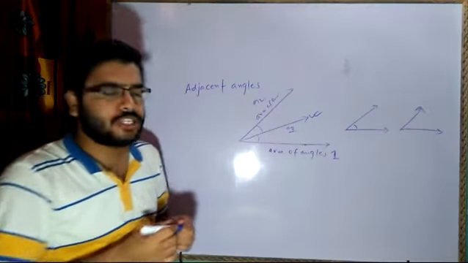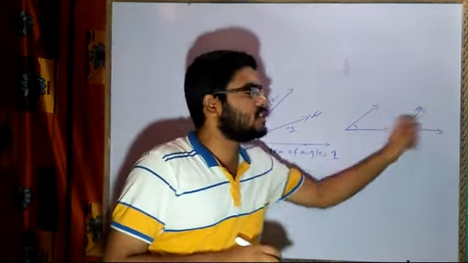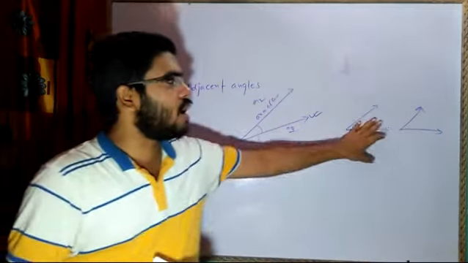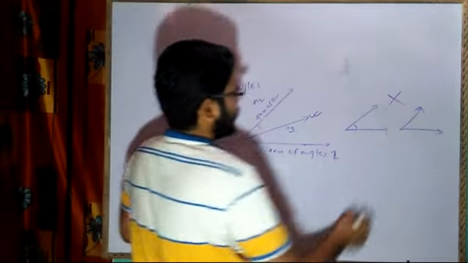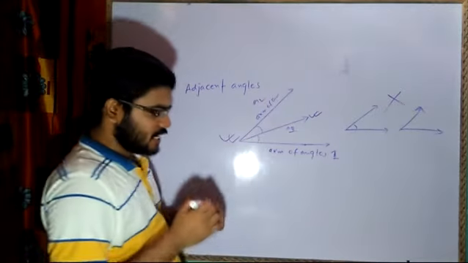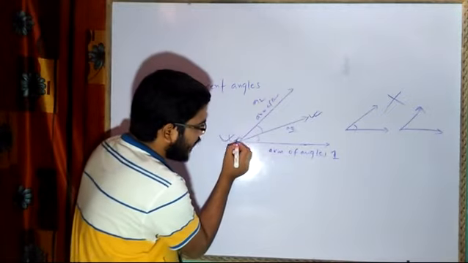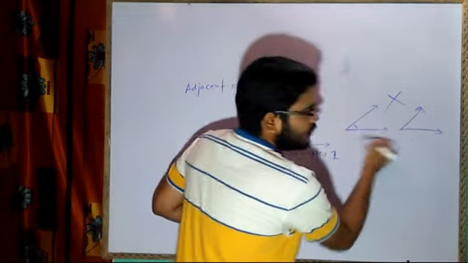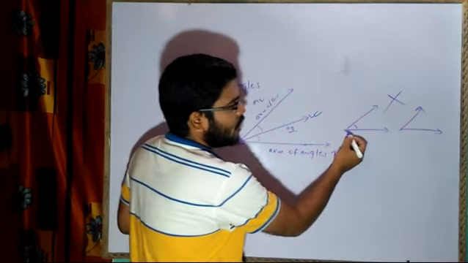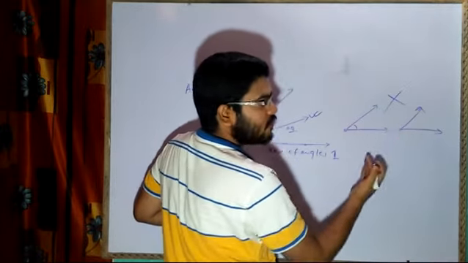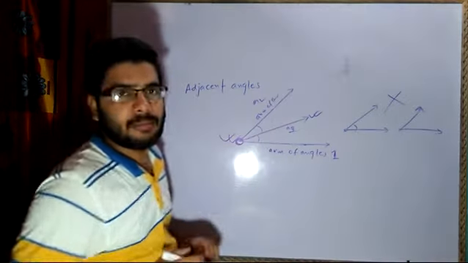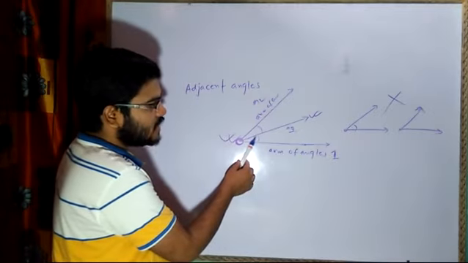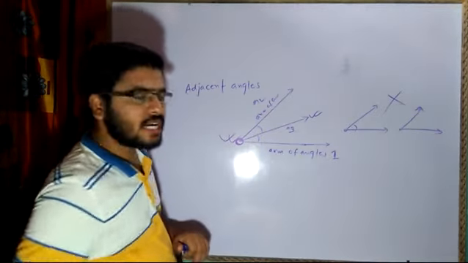Now, if I have one angle like this one, and another like this, can I say that they are adjacent to each other? We will say no, they are not adjacent to each other, since they do not share the same arm. They have different points, one point is here, another point is here, and they do not share the same arm. So they will not be called adjacent angles, whereas these two angles will be called adjacent angles, because both have the same fixed point and they share the same arm.